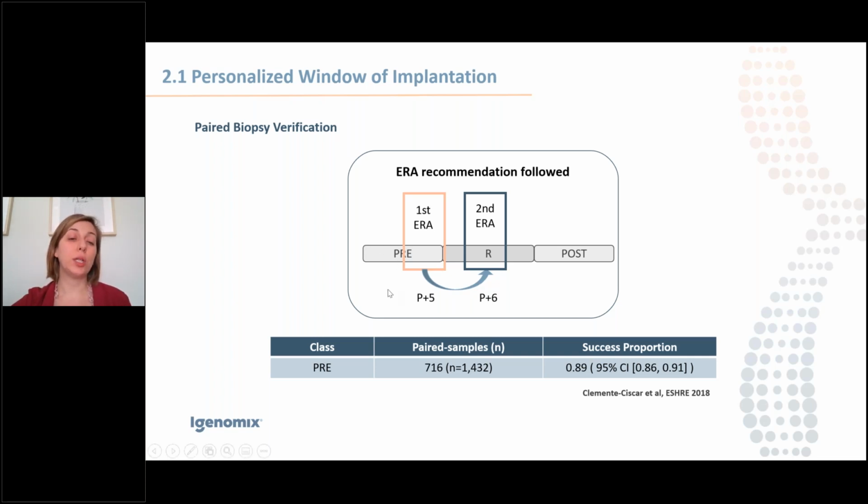But when we have a biopsy that results pre-receptive and the predictor indicates that the patient needs 2 more days with progesterone, then what we see is that 70% of patients reach receptivity. But there are 30% of patients that are not going to reach receptivity after adding these 2 extra days. This is because some of those patients will have a narrower window of implantation. So maybe with these 2 days, they will go to post-receptivity. Or also because there are patients that have a slower endometrial response than the standard, and they will still be pre-receptive after adding these 2 extra days. So there are 30% of patients that can suffer these 2 conditions, to remain pre-receptive or to go to post-receptivity, which is why when we obtain this kind of result, pre-receptive needing 2 more days with progesterone, we request a